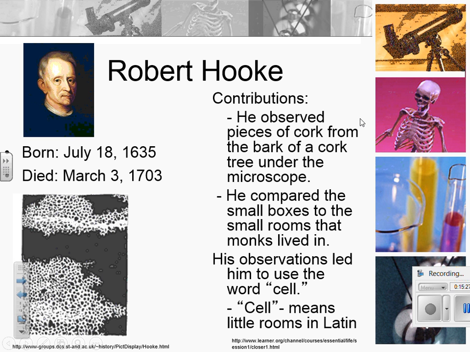And cork is from a piece of bark, a tree, so a tree is a living thing. And he's looking at a living thing under the microscope. And when he saw it, it looked like these little rooms. And a cell is the name for a little room, which is why they call it a cell. But they also call it a cell for monks, which are people who devote their life to their religion, and they live in these little small rooms, enough for them to lie down and go to sleep, a little sink, and that's their little room. And it's called